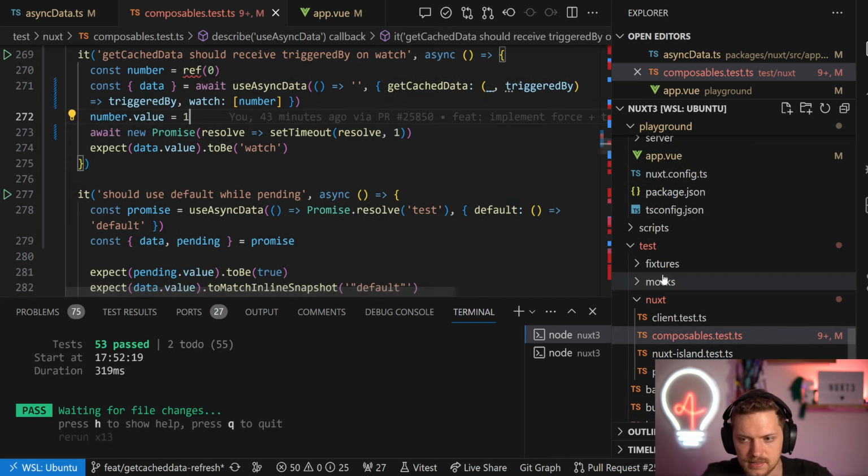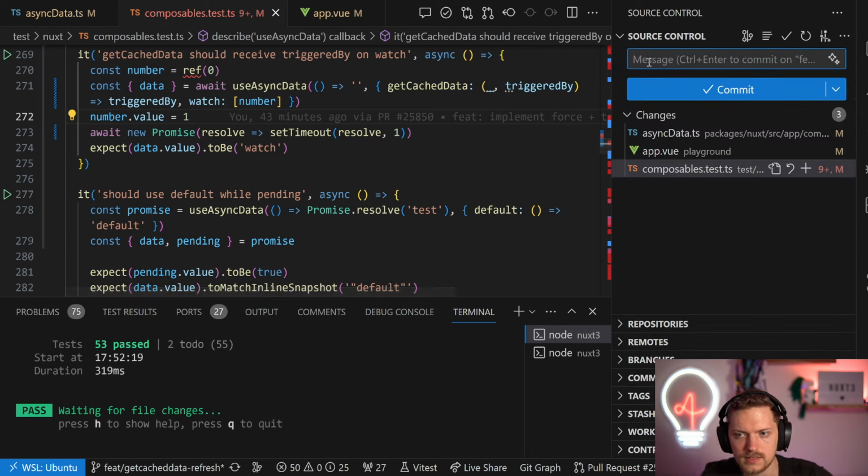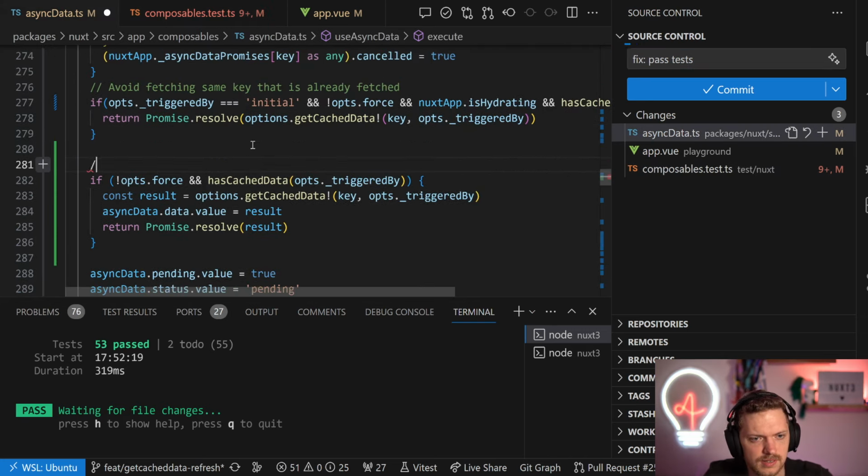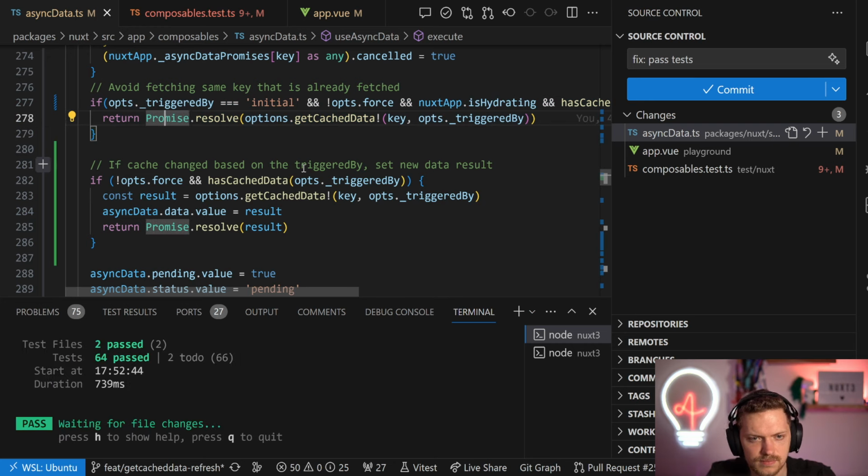Good part is test passing. Let's do feat or fix, pass tests. Is this the nicest implementation right now? I am not entirely sure. But let's say if cache changed based on triggered by set new data result. But here initially can't really change. So that's why we can't use the same thing over here. Otherwise things would break